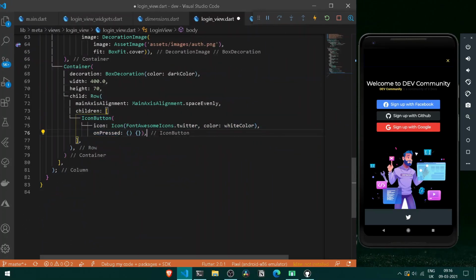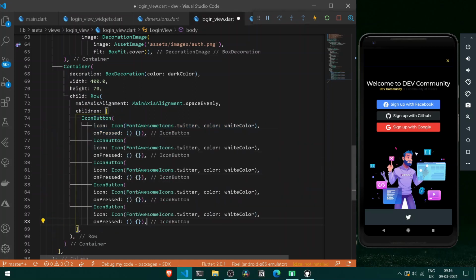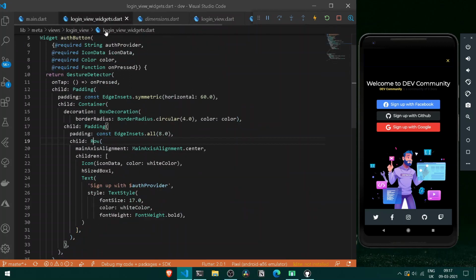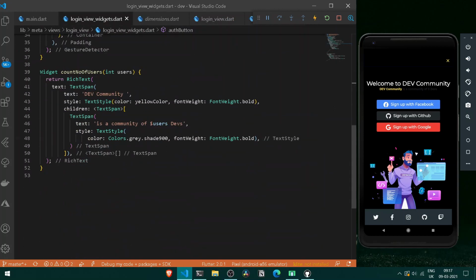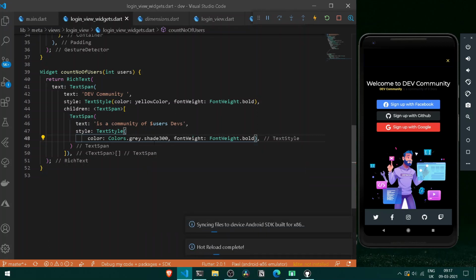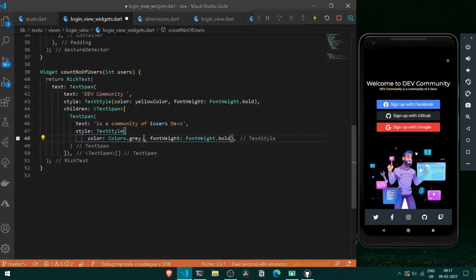Now I shall simply copy the following icon button and paste it 4 times. Format document first, and now let's change the following icons also. Cool, so we have changed all of our icons, our entire screen is looking more awesome. But you know what, we need to do one change, that is go under our entire widgets, and here we shall be having somewhat different color. So here let's have a color of lesser shade of 300 I guess, or more one of shade of 500. It's always about trial and error. Cool, it is looking more awesome.